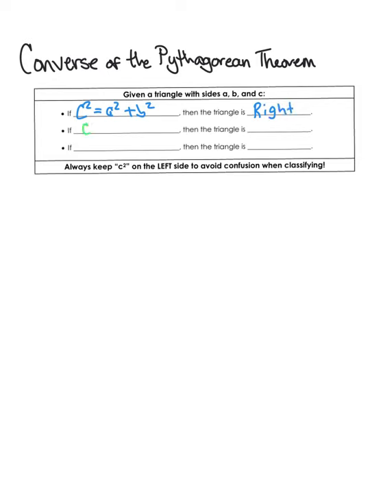Sometimes c squared is greater than a squared plus b squared, and sometimes c squared is less than a squared plus b squared. If c squared is greater than a squared plus b squared, then I don't have a right triangle, I have an obtuse triangle. If c squared is less than a squared plus b squared, then I have an acute triangle. If c squared is equal to a squared plus b squared, then it's a right triangle, and I have